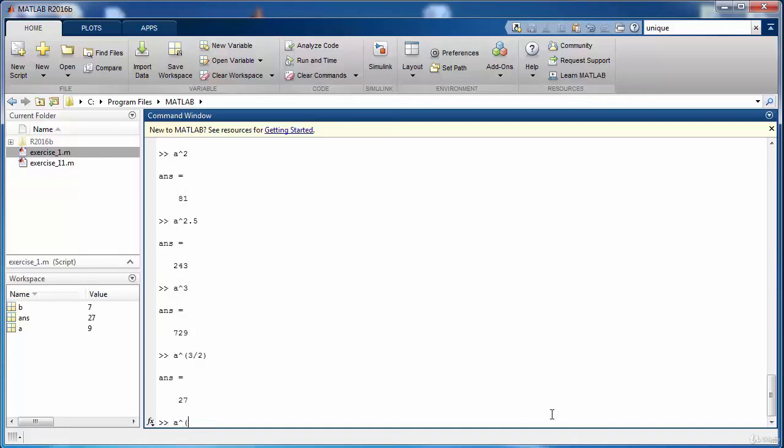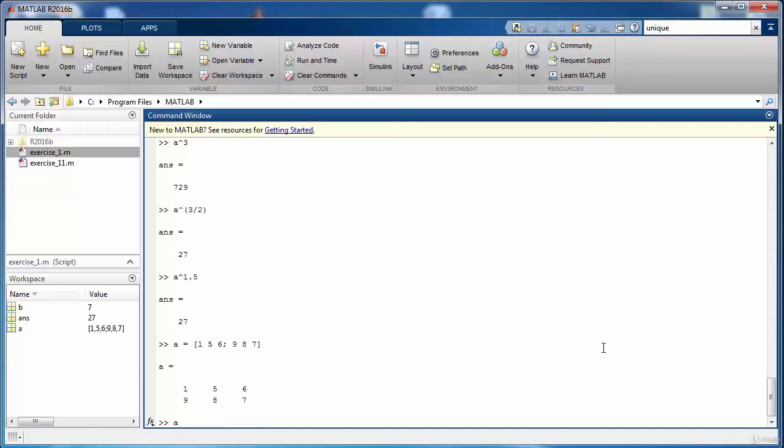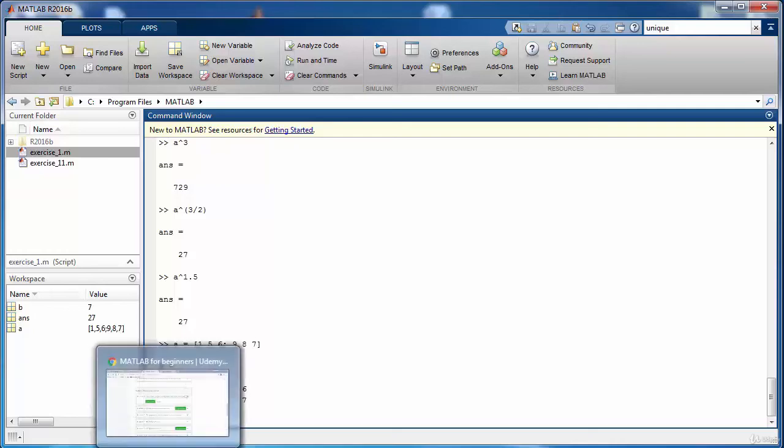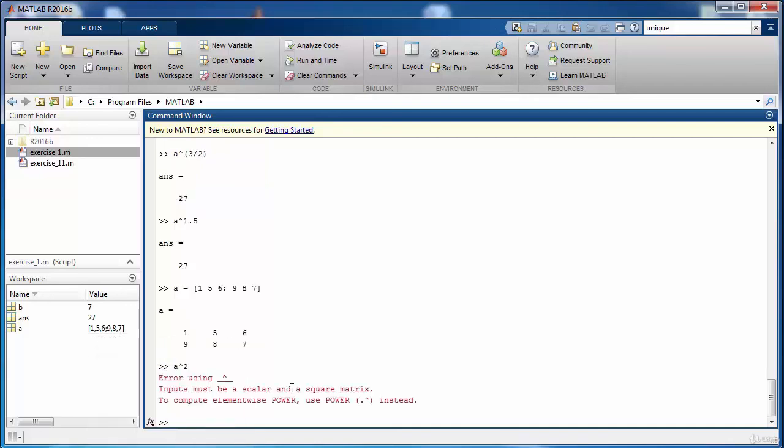We can also apply the power operation on a matrix. So when we apply this onto a matrix, such as this matrix that we define, for instance, if we take square of A, that is the second power of A, then it will result in matrix multiplication. Since in this case the condition of matrix multiplication is not met, that is the columns of A are not equal to the rows of A, therefore it gives out an error message. This means that the matrix for which we need to compute the power must be a square matrix where the columns are equal to the rows.